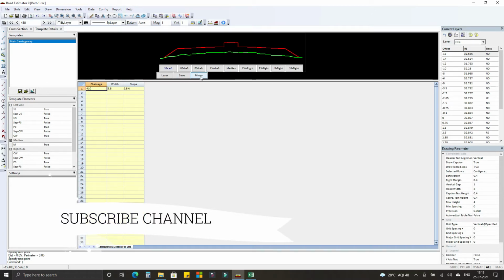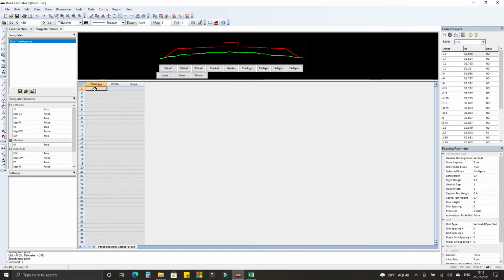So press mirror from here. As we enter left carriageway, it will also reflect to the right side. Okay, let's enter pivot shoulder left. The pivot shoulder data is also the same, so let's mirror this.